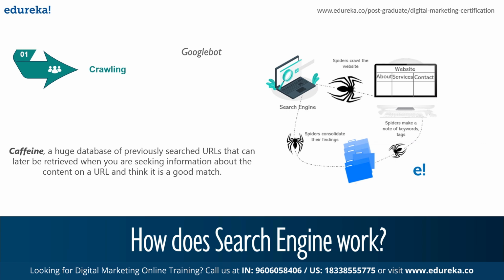Most search engines build an index based on crawling, which is the process through which search engines like Google, Yahoo, and Bing find new pages to index. Mechanisms known as bots or spiders crawl the web looking for new pages. So these bots typically start with a list of website URLs determined from previous crawls. When they detect new links on these pages through tags like href, src, they add these to the list of sites to index. Then the search engines use their algorithms to provide you with a ranked list from their index of what pages you should be most interested in based on the query that you provided.